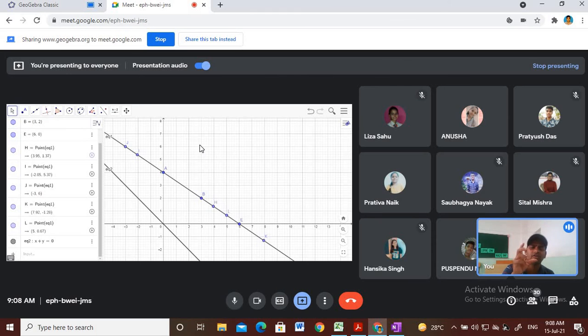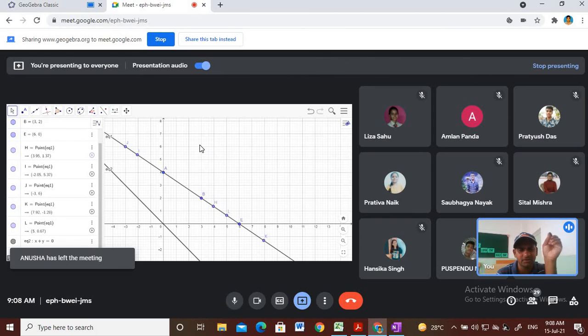Sometimes when you take an x value, you get a y value like 3.1, 3.7, which is also an okay solution, but it is not easy to represent on the Cartesian plane. As you know, 3.1 means it exists somewhere between 3 and 4, but locating it is a bit difficult. So it is better to take integer solutions.